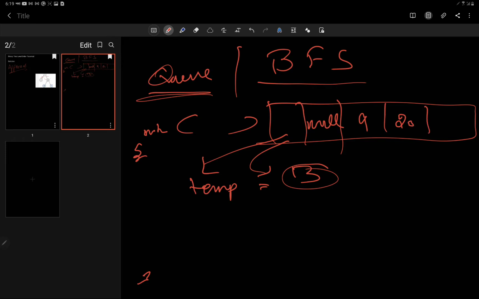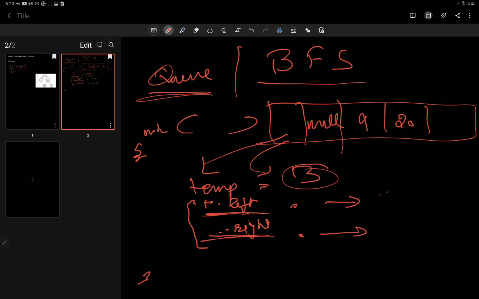Now the contents of the queue at this point after the first node is traversed is that its adjacent nodes, that is 9 and 20, are pushed into the queue and the 3 is popped out of the queue. Alright, I hope it's clear up to now. So here we will be adding that if temp.left is not null, then add temp.left, and if temp.right is not null, then add temp.right. I am writing it as temp.left and temp.right for simplicity. Then we offer, that is we add into the queue the nodes temp.left and temp.right, or else we don't add them.